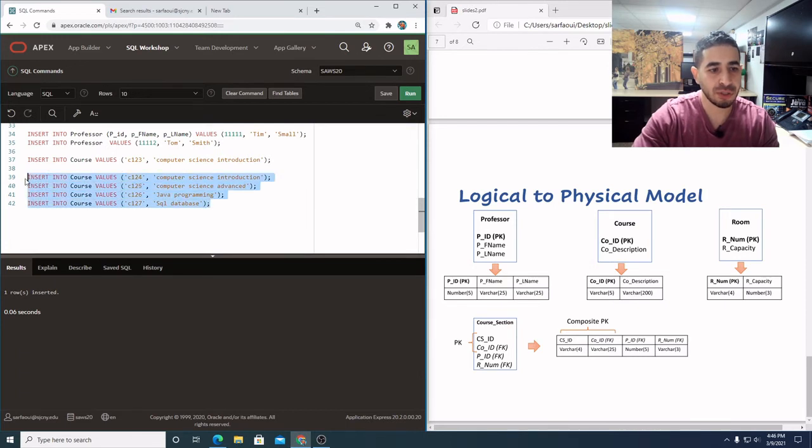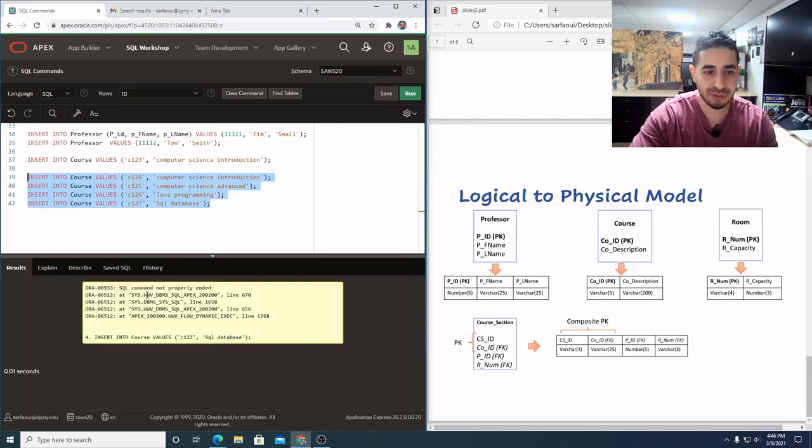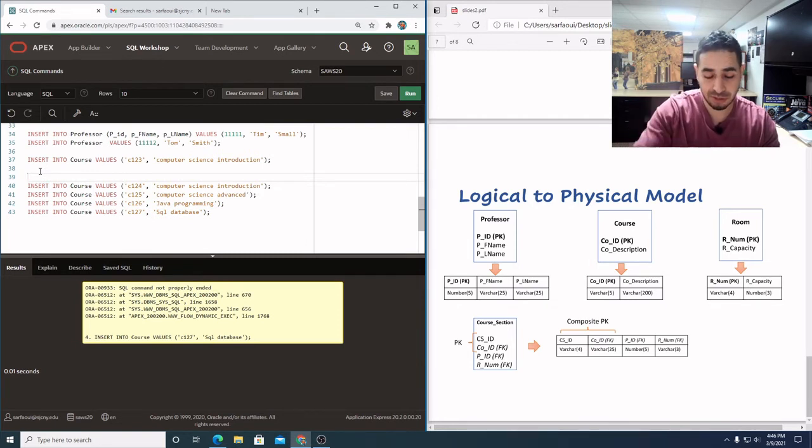If I was to insert all of these together all at once, the Apex database management system is not going to allow you to do so. It's going to say command not properly ended. In SQLite, I actually tried this and it did work. But here, to overcome this obstacle,